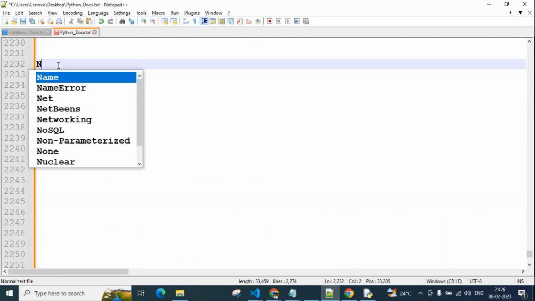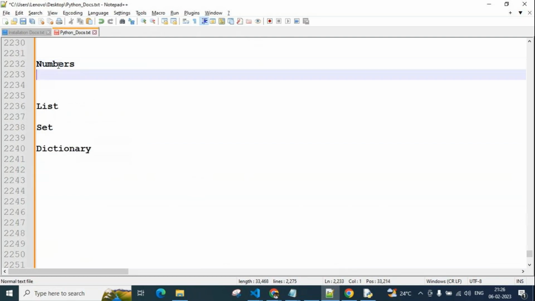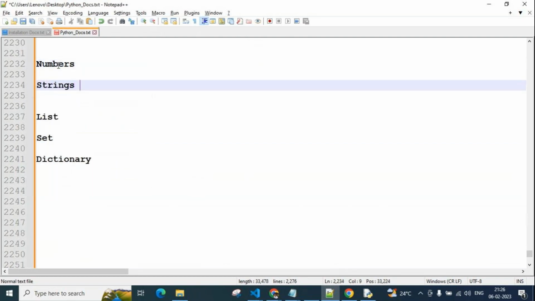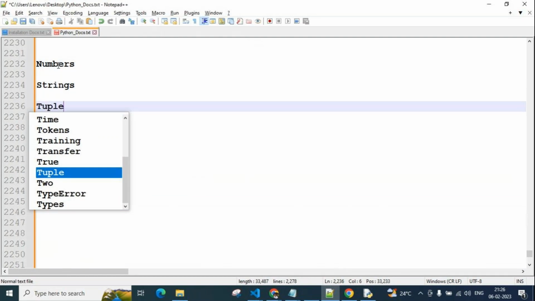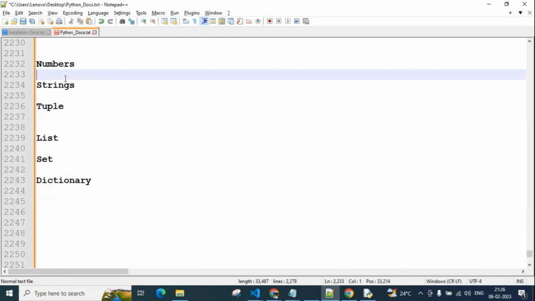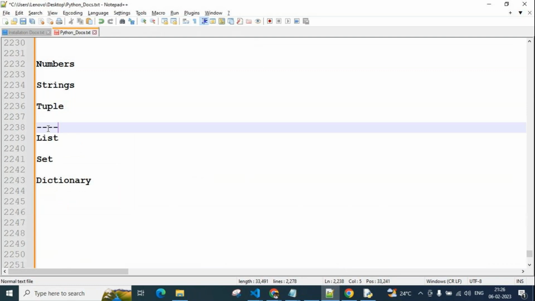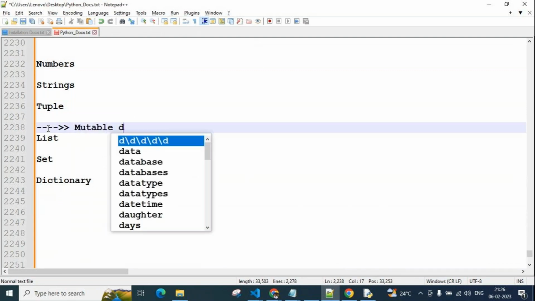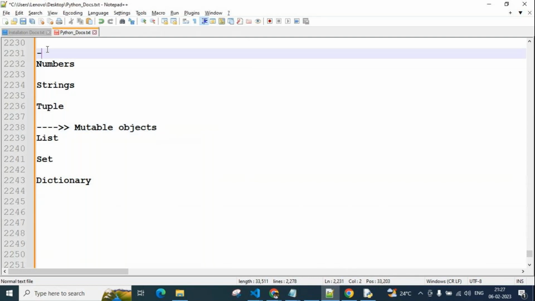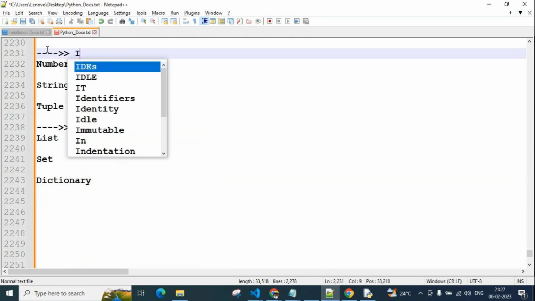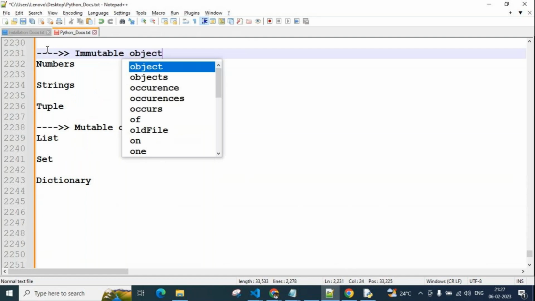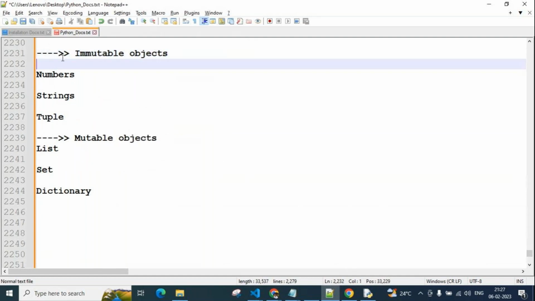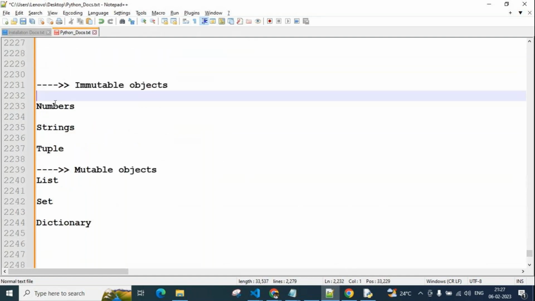The first 3 are numbers, strings, and tuple. These 3 we are calling immutable objects, or immutable data types. These other 3 we are calling mutable objects.